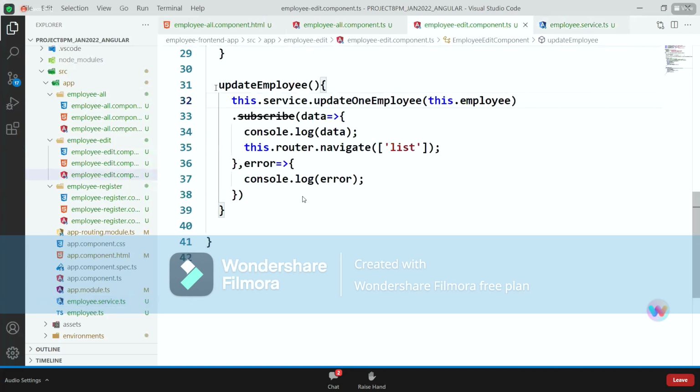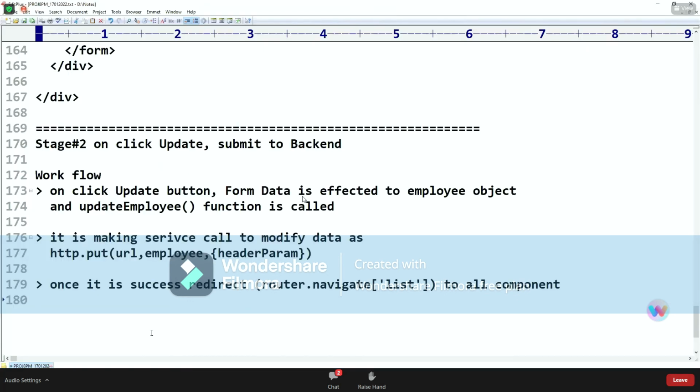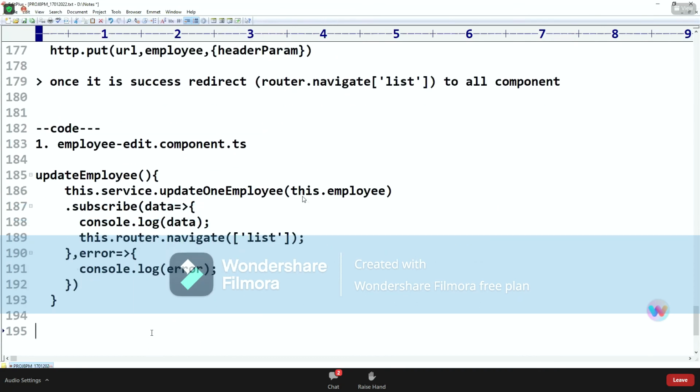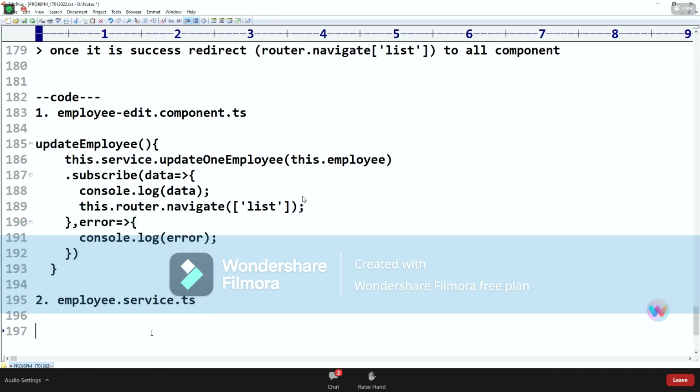Okay, better I'm just giving both code files: one in employee edit component dot ts, second, employee dot service dot ts.